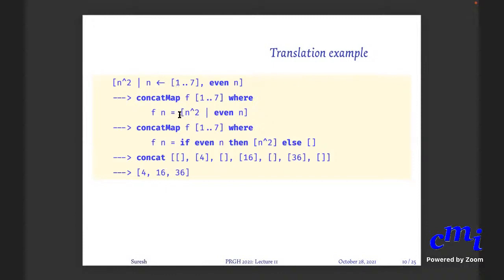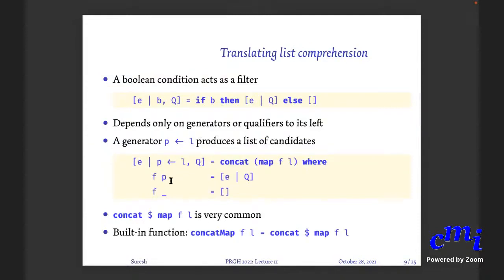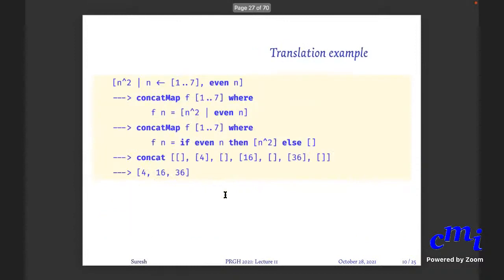But in this recursive case also it will be multiple elements or one element, because in this case there is no such thing, because n is not a pattern. N is a catch-all pattern. Everything fits that pattern. But in general, if you had an x:xs kind of thing here, then it can be a long list or a single or an empty list. And here also, if there were some conditions after even n, then you could again have an empty list or a non-empty list. In this example, it so happens that it is an empty list or singleton list.